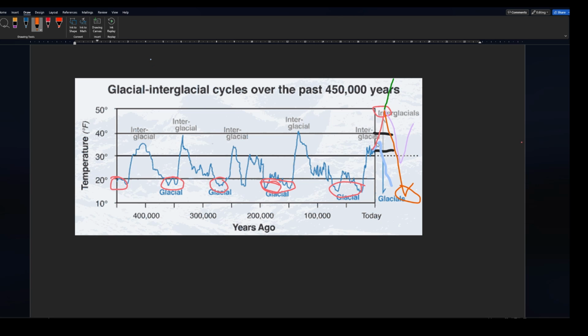Now, yes, we are having more of an effect, like I said. The potential is that it could go very bad for us, but I think there will at some point just be a reset, and we'll get back into a cold ice age, which won't be fun for humans. I believe we'll survive an ice age. I think we have enough technology at this point that we can survive an ice age. And like I said in the video, it's not like you get a kilometer of snow in a year's time. That takes thousands and thousands of years to build up.